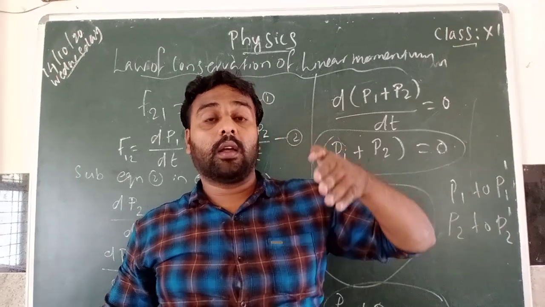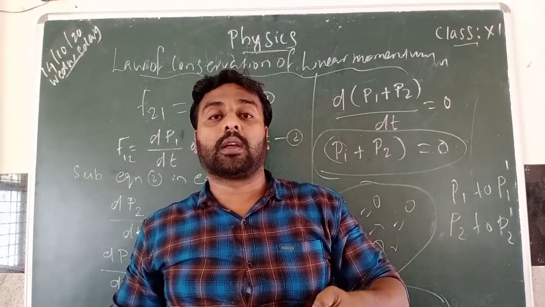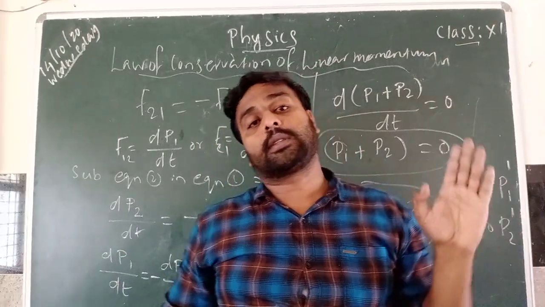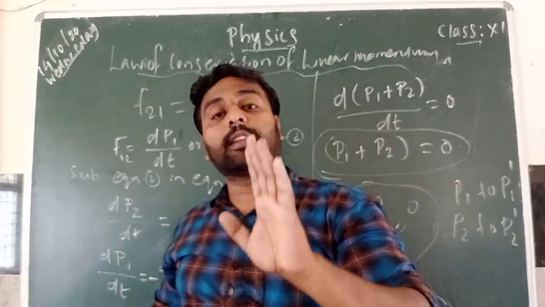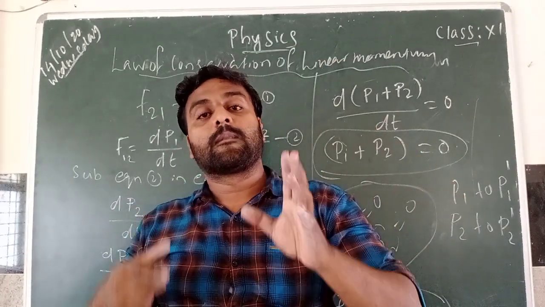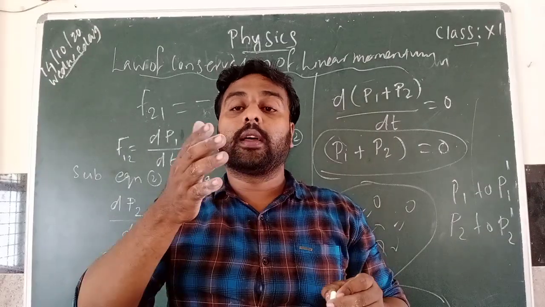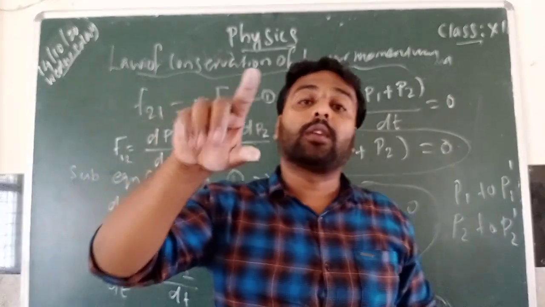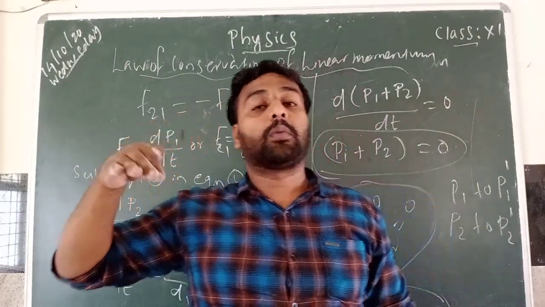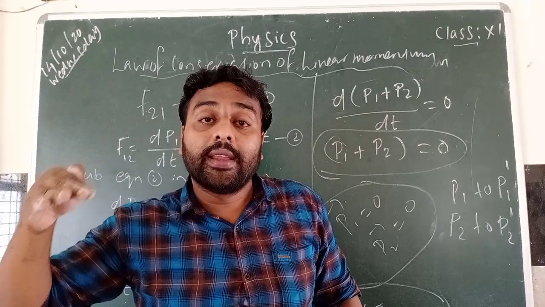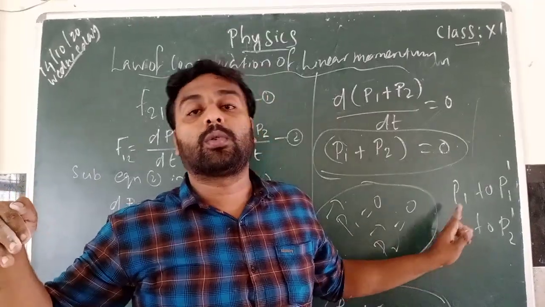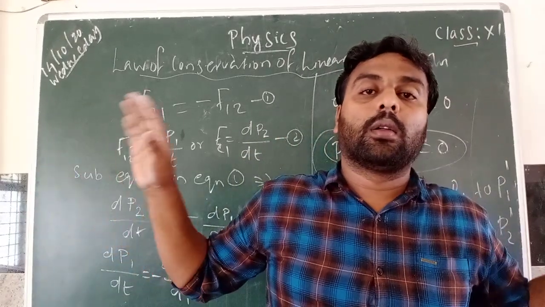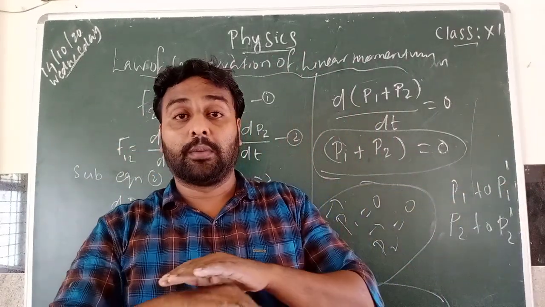Now the law of conservation of momentum says that if there is no external force, it should be 0. It should be a constant vector. So for maintaining this, the bullet, which is particle 2, maintaining the law of conservation of linear momentum, this P2 also changes to P2 dash. Now the total linear momentum is conserved.